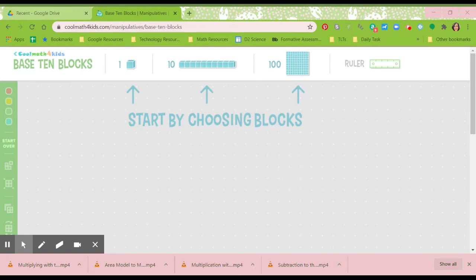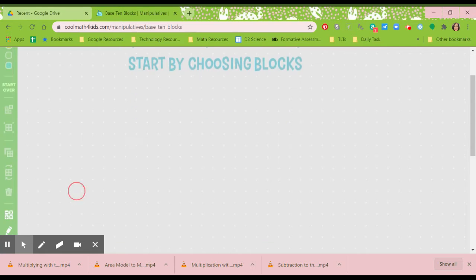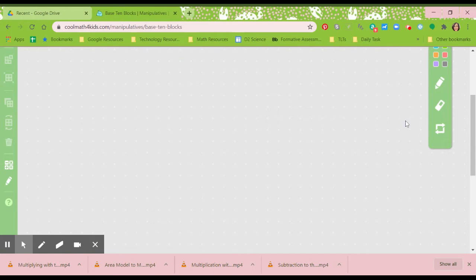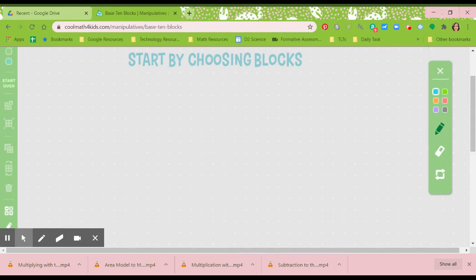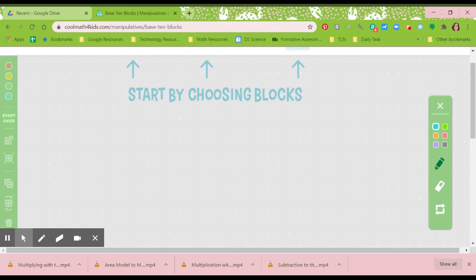This is Math Minutes with Mrs. McLean. And today we're going to be working on multiples of 10 using this interactive website from Cool Math for Kids, Base 10 Blocks. So this program has several features. It has a pen, an eraser, different 10 frames that you can use. But today I'm going to pick the pen and my color, and we are going to work on the problem